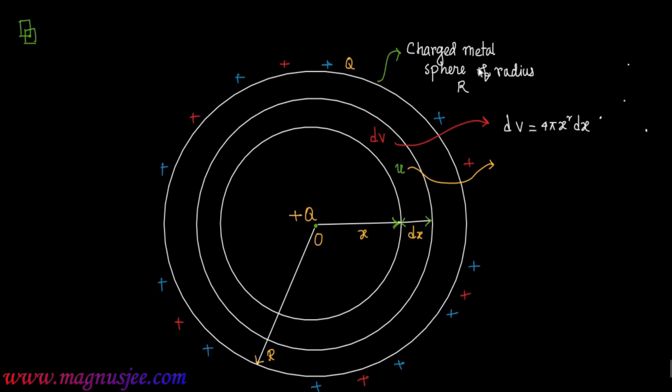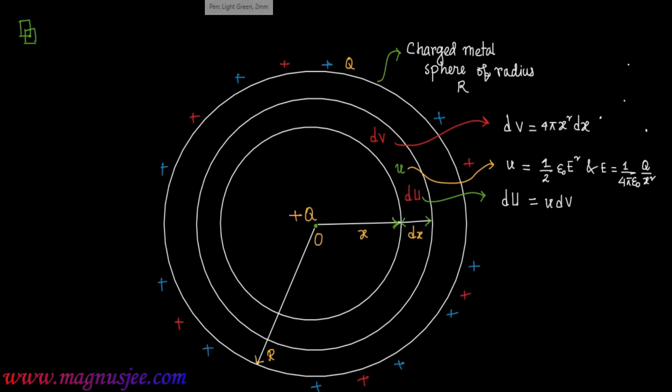In this case, small u is the energy density of this elementary portion of width dx, and small u is equal to half epsilon 0 E square, where field intensity E equals 1 by 4 pi epsilon 0 q by x square, and d capital U is the energy contained by this elementary portion, which is equal to small u into dV, energy density into volume. dU is equal to u dV,